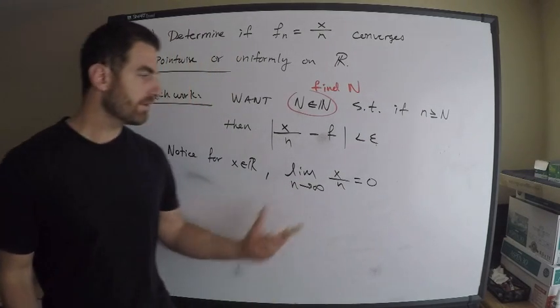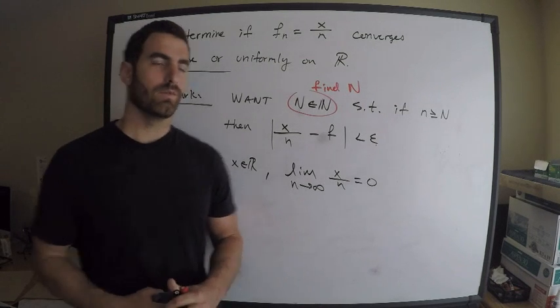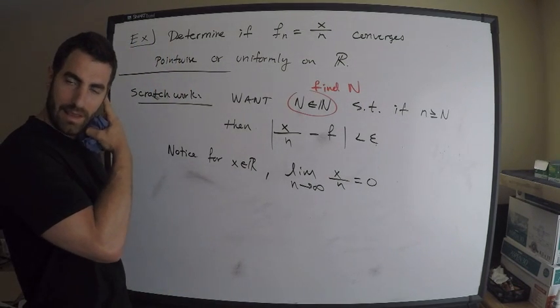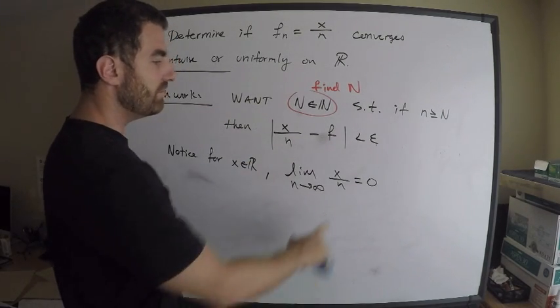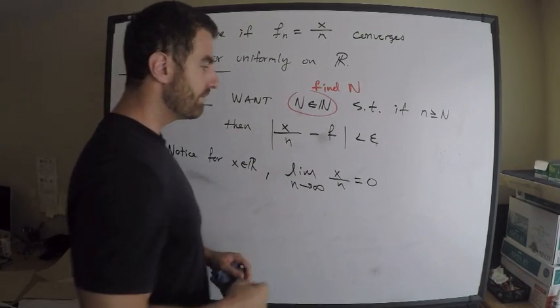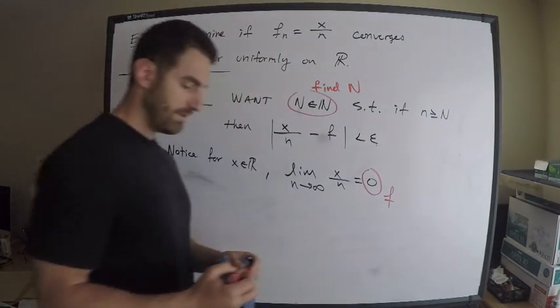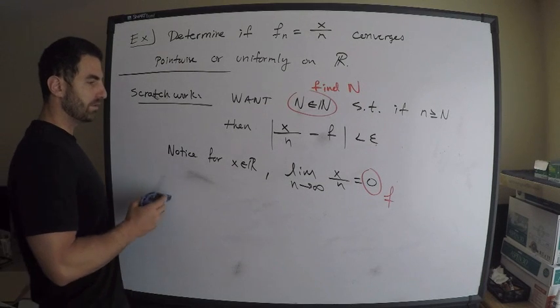So this is not at all the proper way to show this when you get to a real analysis course. We need to use the capital N and epsilon. We use the epsilon definition. So we do know though that this will be playing the role of our f. This is our f. That's our limiting function. So now, let me come back up here.